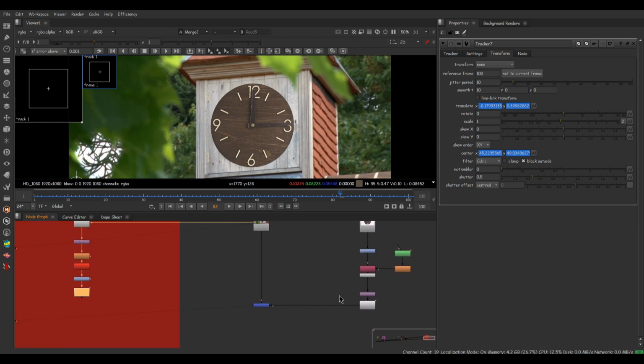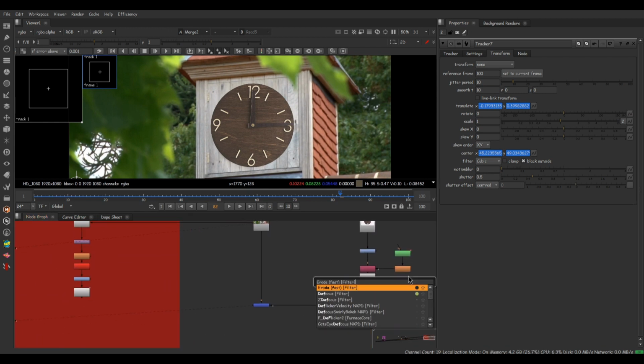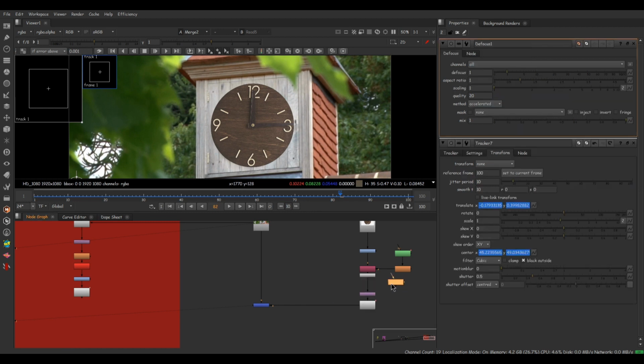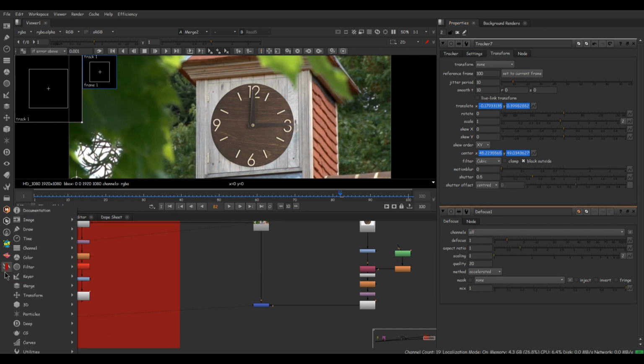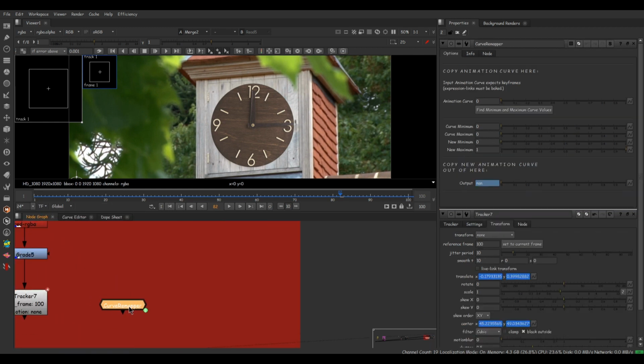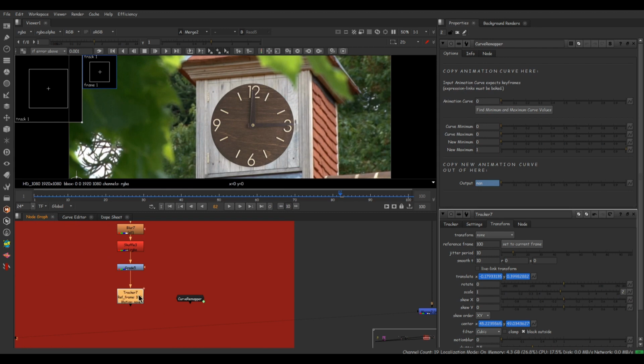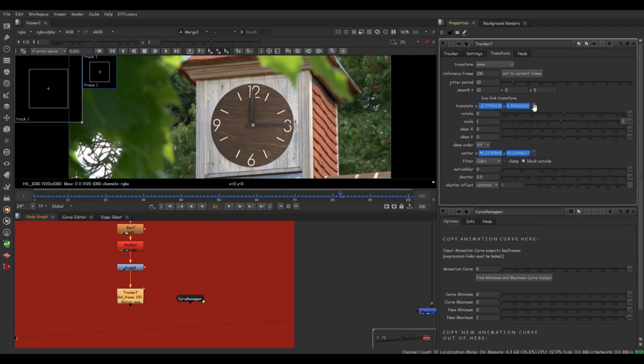Let's try to match stuff now. Take a defocus node or any kind of defocus tool like Z defocus or PG bokeh. I'm using defocus here. Let's connect it here. Now how can I use these translate values inside defocus node? We have an awesome gizmo handy for this kind of thing. And the credit goes to Ben McMahon. Here is the Nuke survival kit. Come down here to the curve menu. Over here you could find the curve remapper tool. There it is. You can see the properties over here like animation curves and output and some other stuff. Let's come back to the tracker node and copy this translate animation.